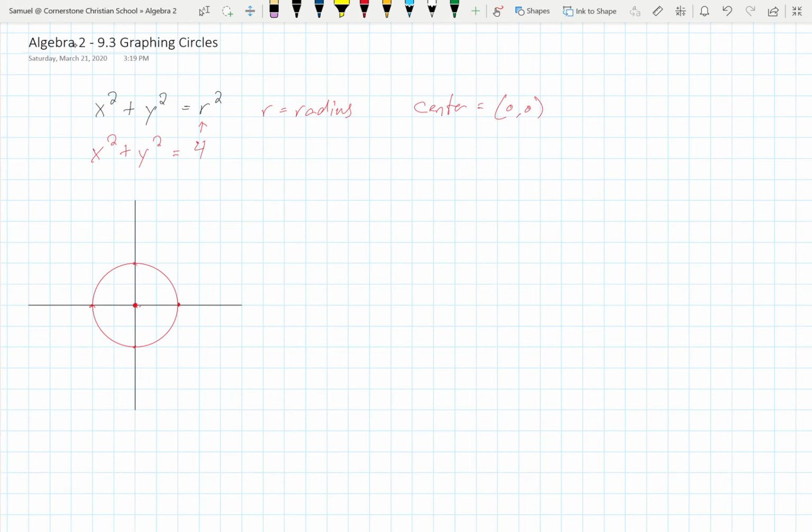Now, let's talk about if we were to move a circle or somehow translate it, or some sort of transformation to the right or left or up or down. We are going to have x plus h squared plus y plus k squared equals r squared. And so we've seen this format before where if we're working with, let's say, a parabola,